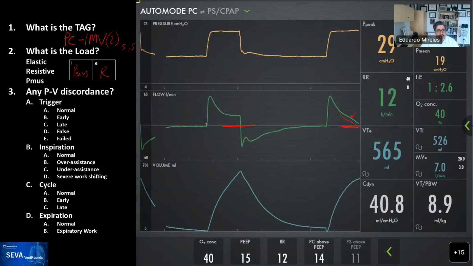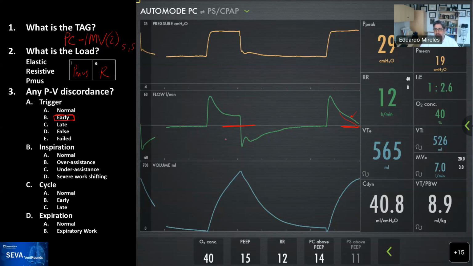In terms of discordance, there's evidence of PMOS here where I put these red lines. And so if you talk about trigger, we know that this is a machine triggered breath. We know this is a machine triggered breath because we see that there is no change in color that this ventilator does when it interprets the patient triggering it. And there's no deformation on the pressure or flow waveform that tells me that this patient actually triggered. But there's evidence after that mandatory breath of PMOS. So this is an early